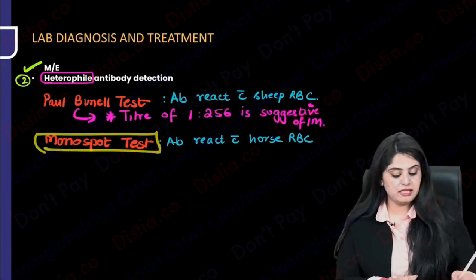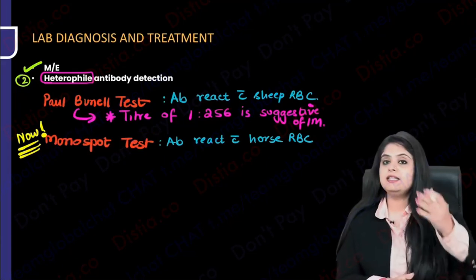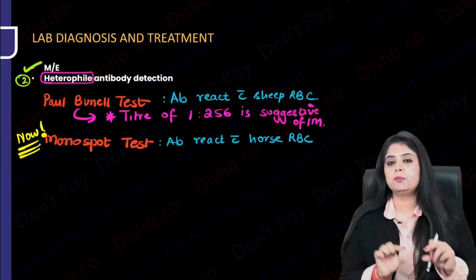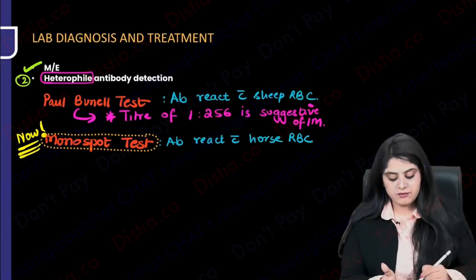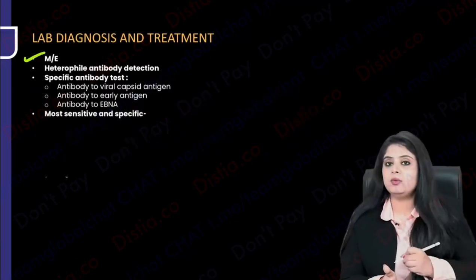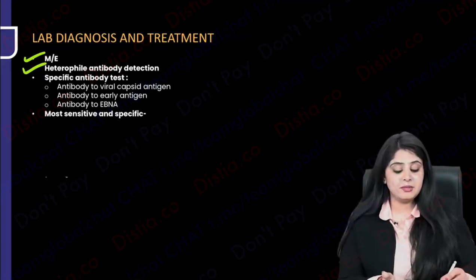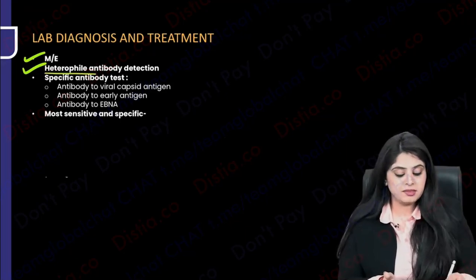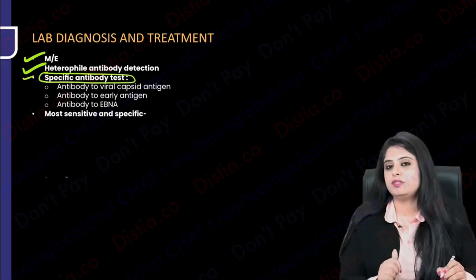Now, what is being done nowadays is the monospot test. And please note, there will be a lengthy question, but in the end, if they say monospot test is positive, that means they are trying to hint you towards Epstein-Barr virus. So what all have you done? Number one, you did microscopy, downy cell, ho gaya. Heterophile antibody test, Paul Bunnell monospot, done. But those were non-specific. Tell me some specific antibody tests. You say, acha, let me think. What all did my Epstein-Barr virus had?